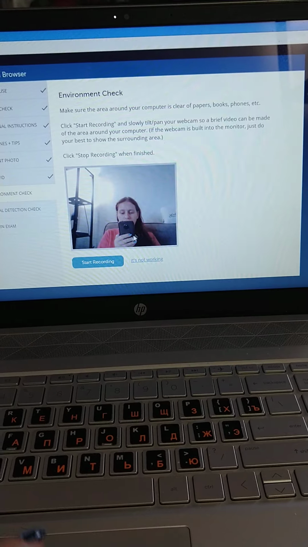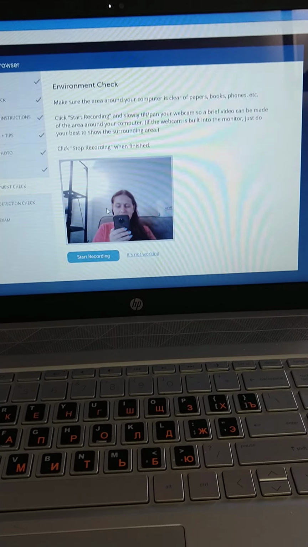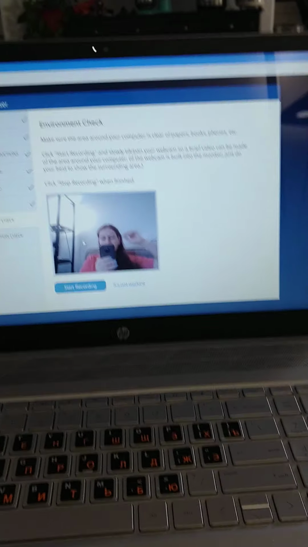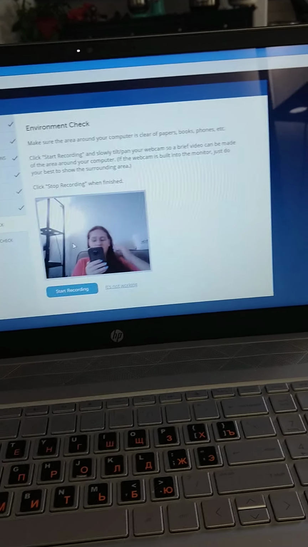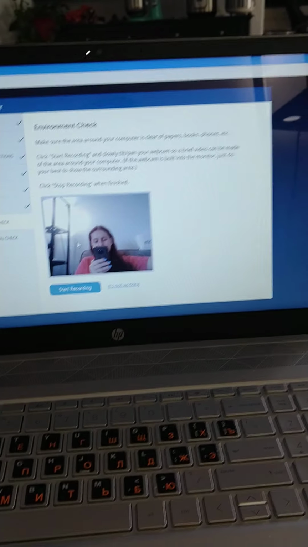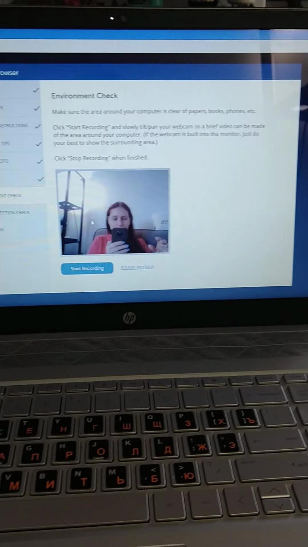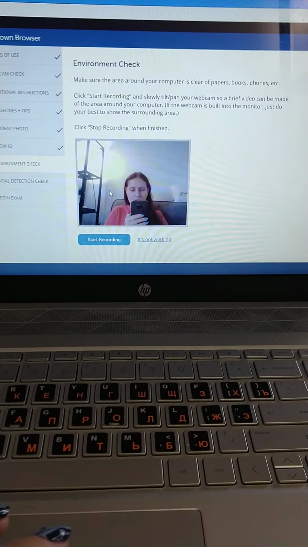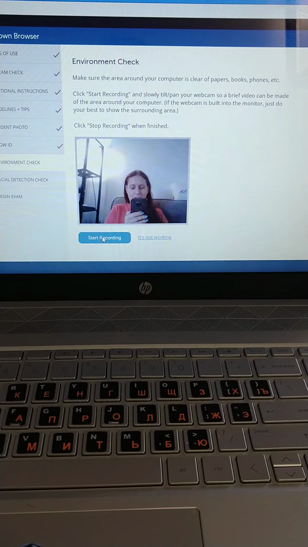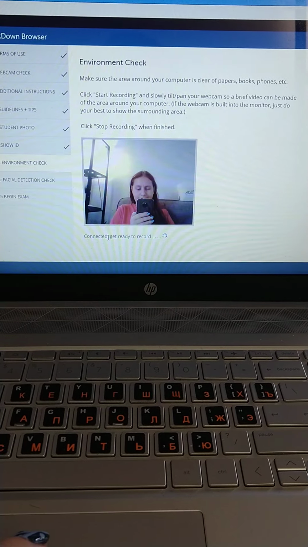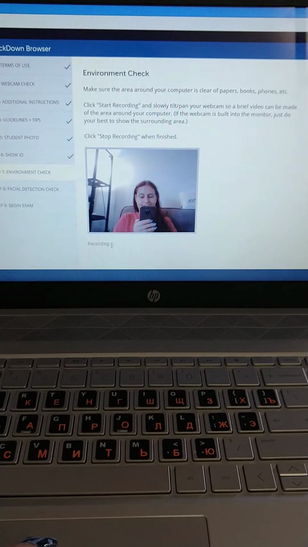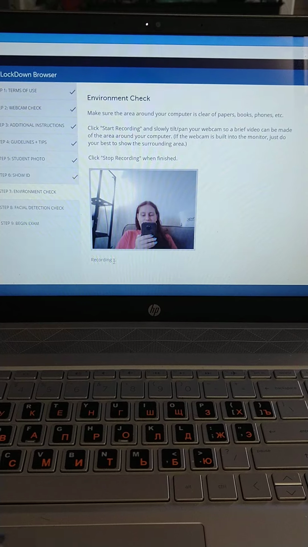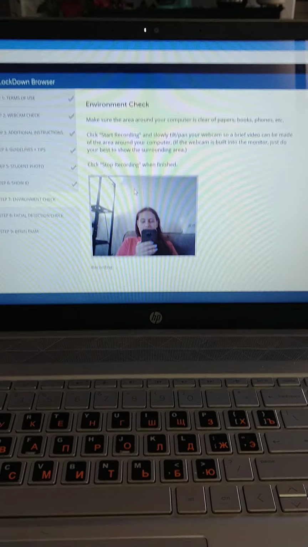Now you show your room. Nobody's cheating here. Show your shoulders, no headphones, not supposed to have any hats and so on. On a table, everything is clean. You have a video from me on how to do this environment scan. So you show everything and